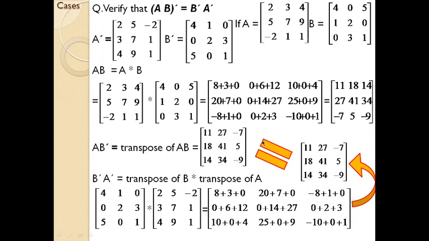See, these two matrices are equal. Here AB transpose is this, go through the elements, and B transpose A transpose is this one. If you go through the elements within these two matrices, you can see that both the matrices have the same elements or same numbers. So you can say that AB transpose equals B transpose into A transpose. The statement is true.